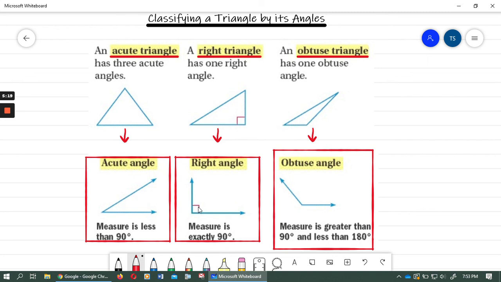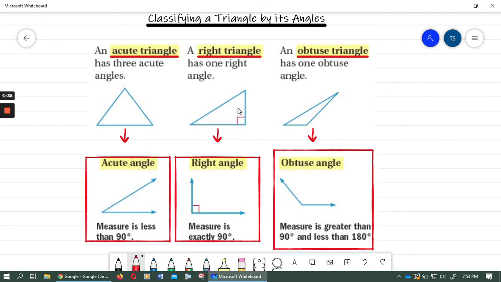You should remember what that 90-degree symbol looks like. Either you'll see the symbol, which looks like a box in the corner of the angle, or you'll need to see the angle measurement of 90 degrees written there